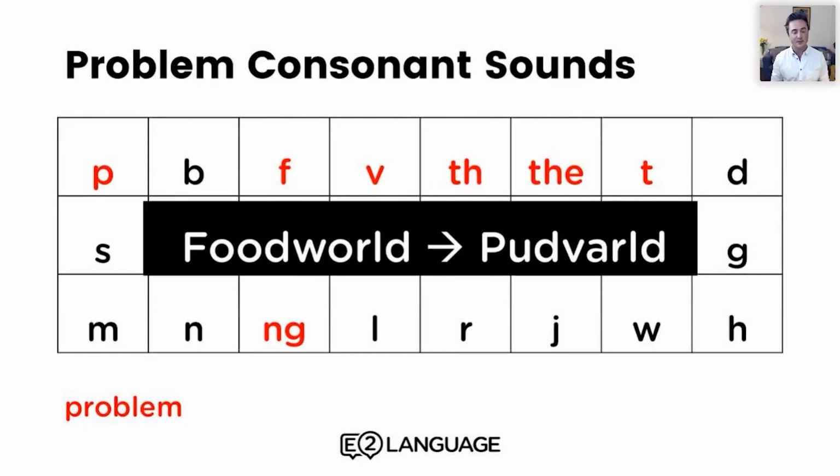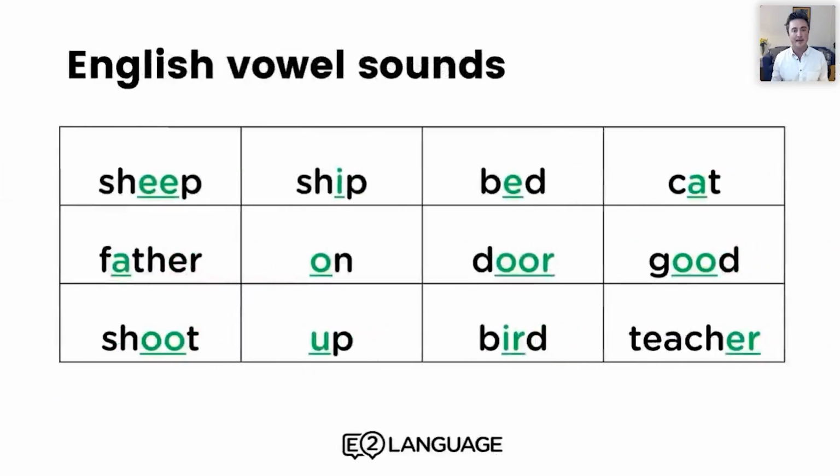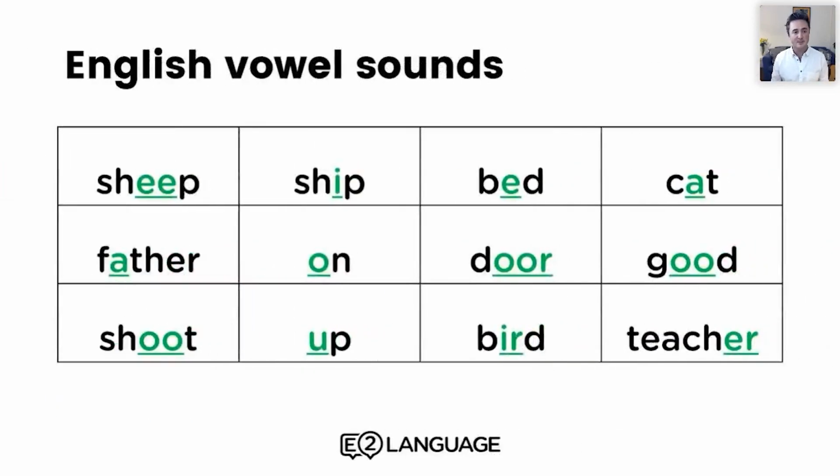Another one would be, there's a chain of supermarkets in South Asia, by the way, called Food World. And when, let's say, a Kannada speaker says Food World, it might sound a bit like Pudvald, because there's an influence there from the f to the p sound, and also again the w to the v sound. Vowels, it's not too much of a problem here.